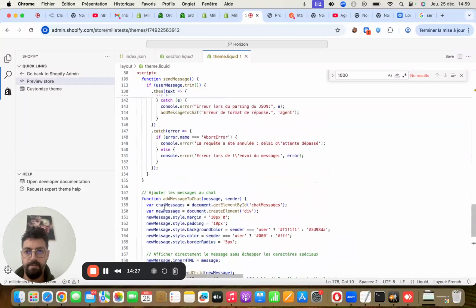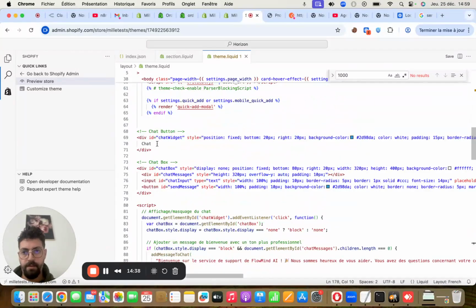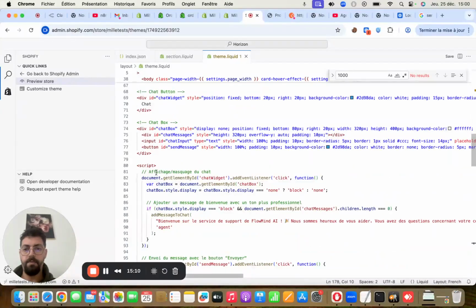As you see here, I have added two divs and one script. The first div is about the chat button. The second is about the chat box, just to display this information, the chat button and chat box, using some style to display them in your Shopify shop. And then I am using a script to handle the question coming from the customer, sending this question to